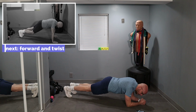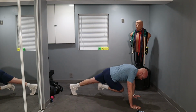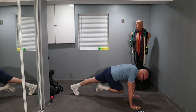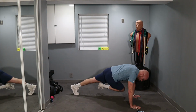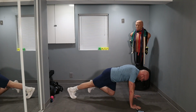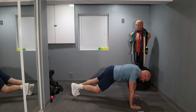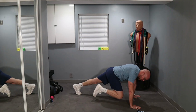You'll find something. All right, 3, 2, 1, up, and now in and twist, and 1, in, twist, that's 2, 3, 4, 5, 6, 7, 8, 9, 10, halfway, keep it up, 1,